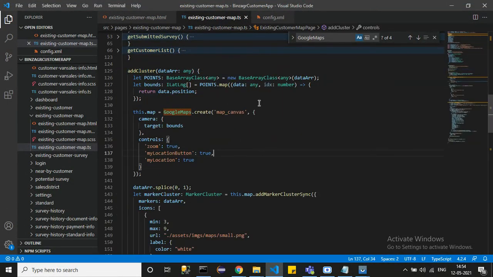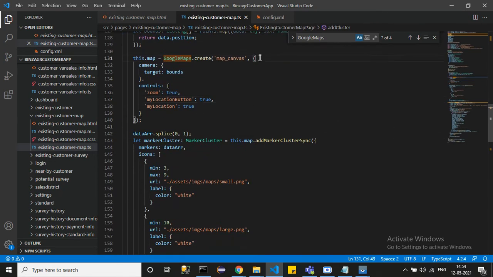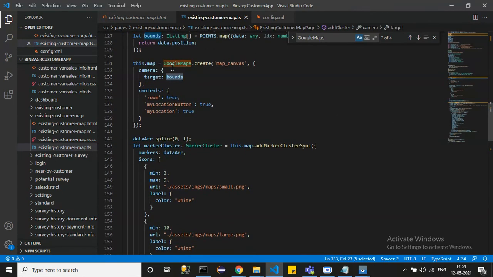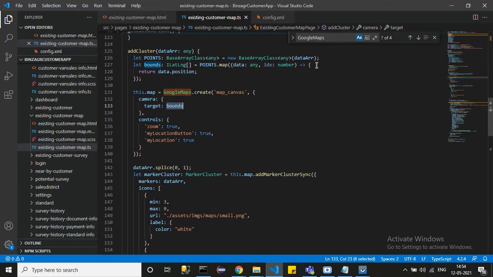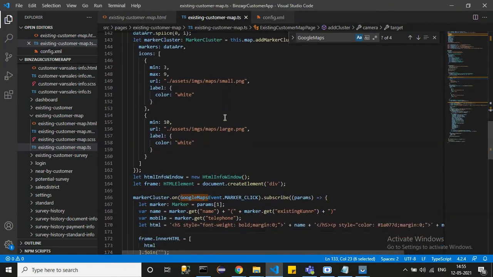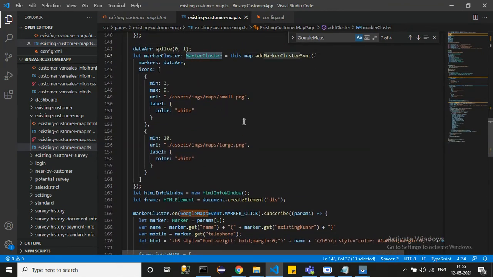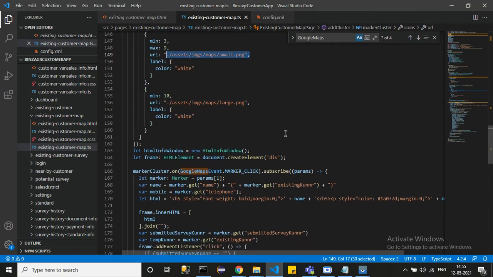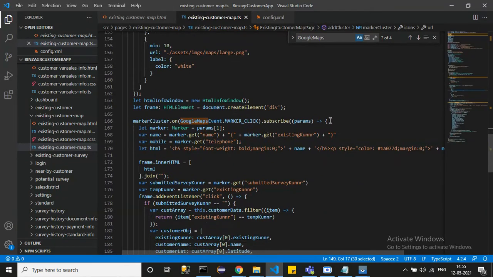So here it comes, add cluster. So here we will get the latitude and longitude in the bound. Bound is coming from here, and this is my marker, and I have given the image of that, and here is the code for your map.